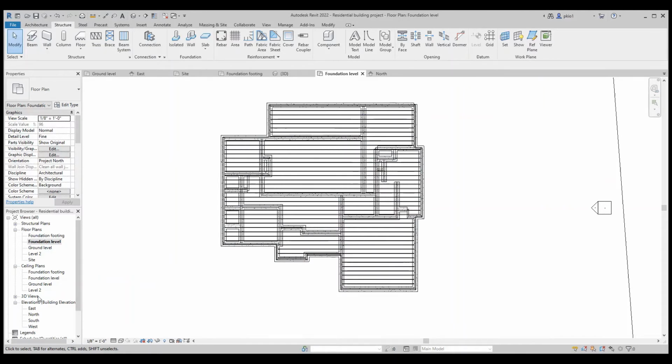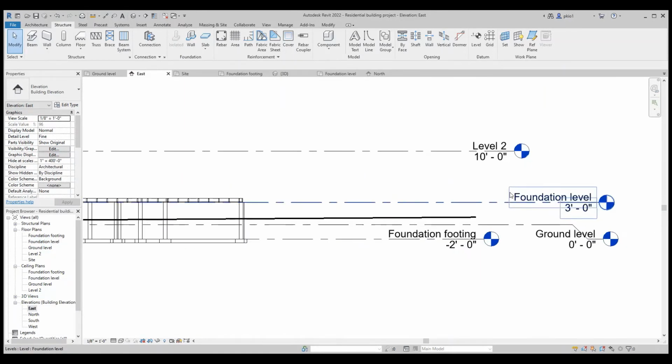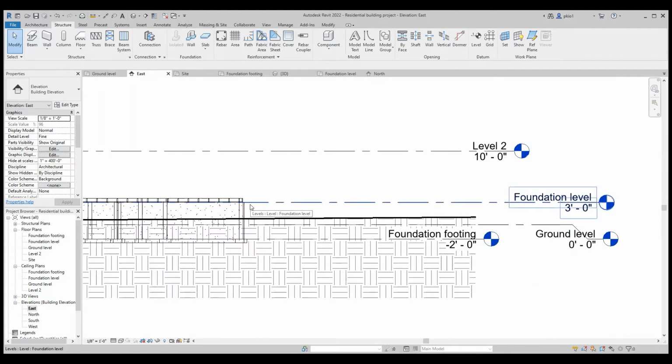And before we do that, we'll go to the east elevation and create a level for the floor. So if we have this as the top of our foundation wall, we want to create a level for the floor, which is 6 inches above the foundation level.